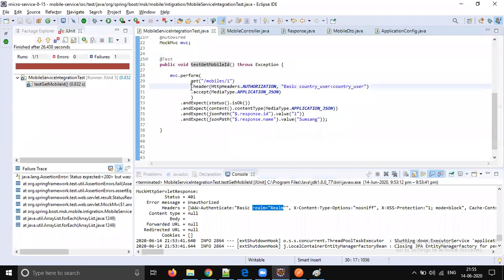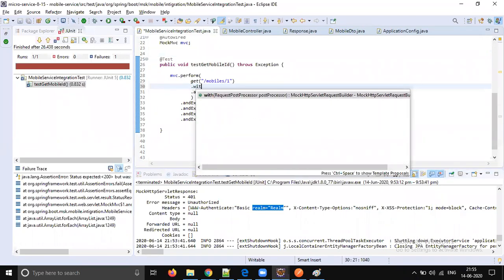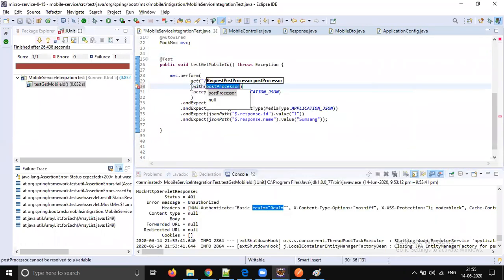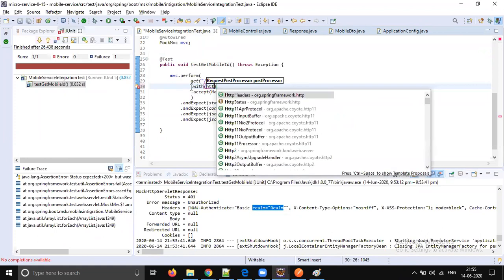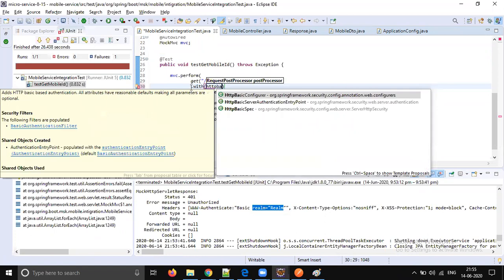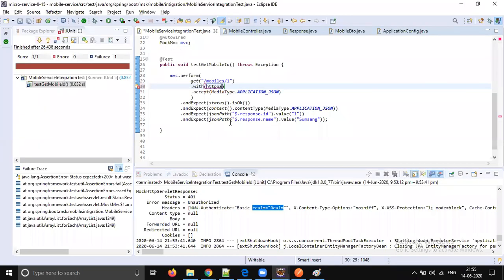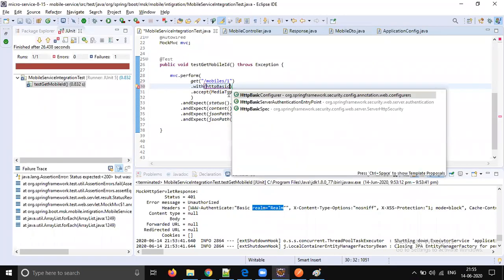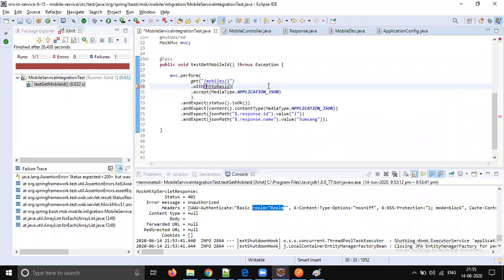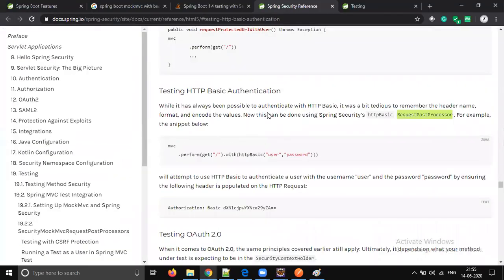Okay. So dot with HTTP basic. Where is this method? HTTP basic request processor. Where is this import statement?